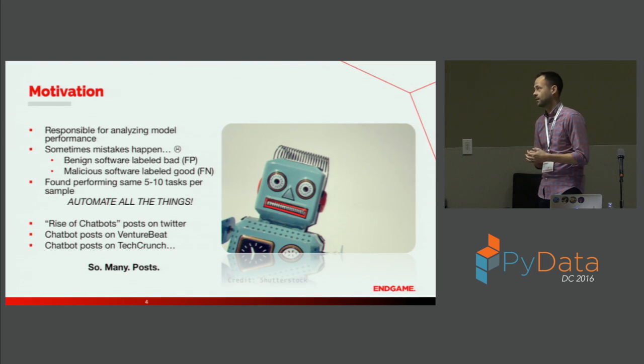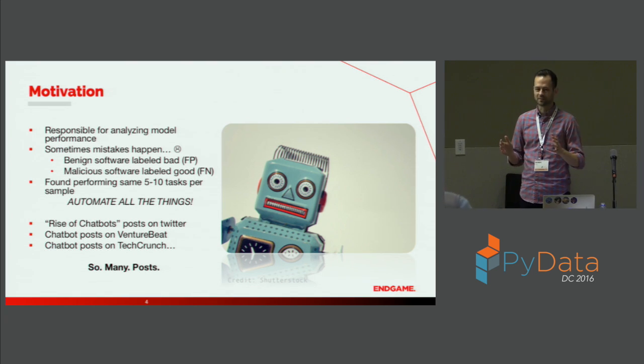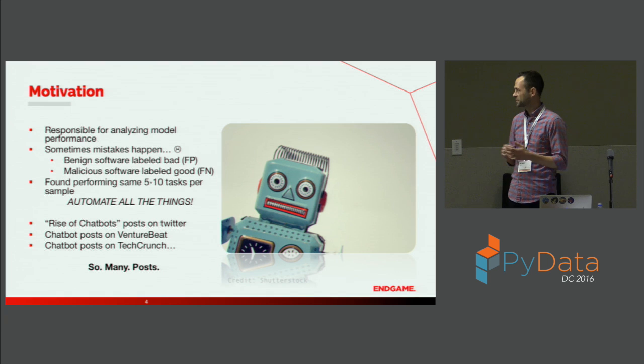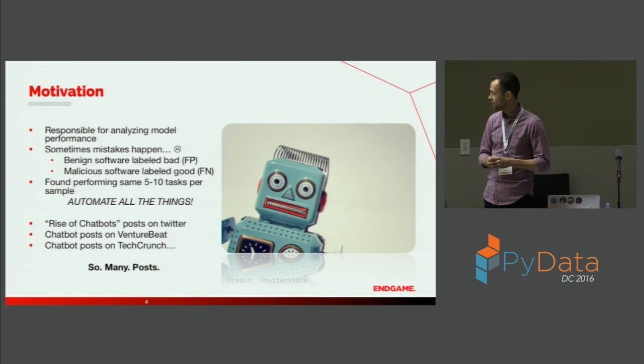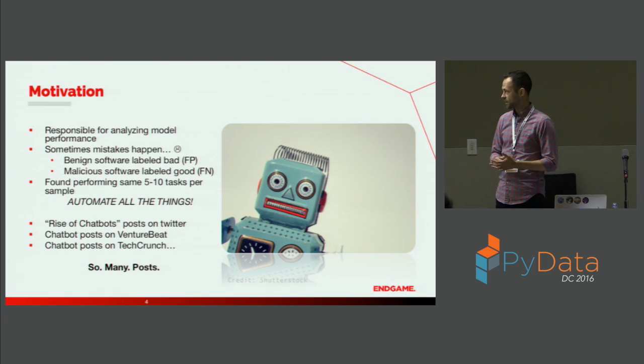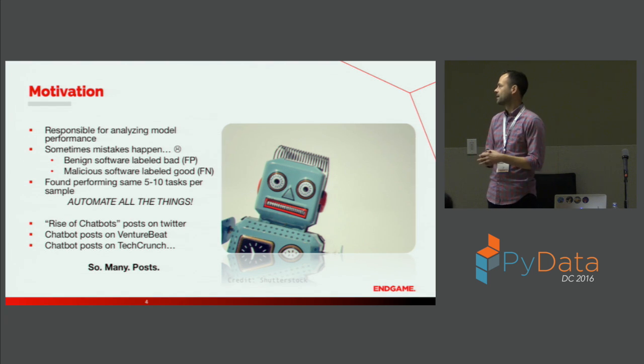After a while, 20 or 30 times doing this, I'm like, my God, I cannot do this for the next 9 months as we continue to roll out production models. So let's try to automate it. I automated it and it was working great, but it was still a lot of data to get through. Each sample was producing a couple pages of text, and lo and behold, Twitter kind of just provided the answer with all these rise-of-chatbot posts.